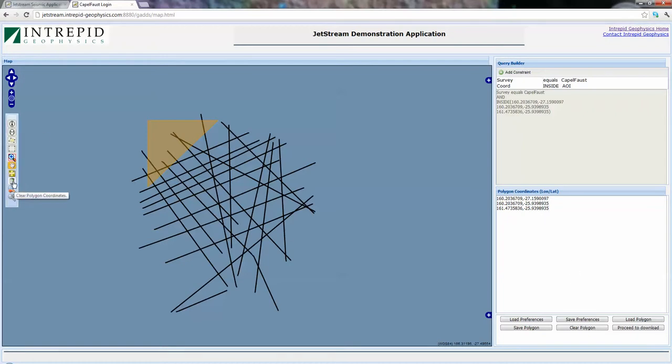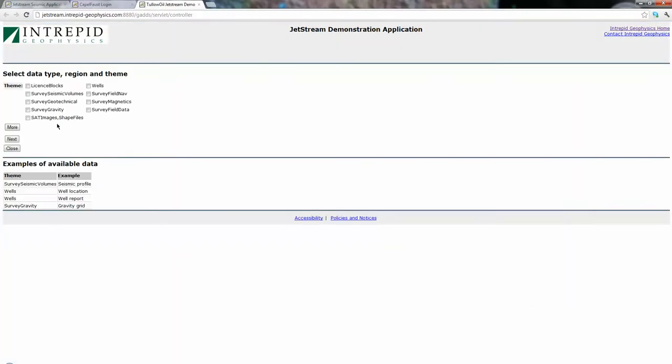I'll delete that. So the normal workflow is the user can use the information mode and just select a particular SEG-Y, or the user can draw a rectangle, which we have done before. So I'll draw a rectangle. I say proceed to download. A list is shown where you can select a theme. I say survey segment volumes. I say next,